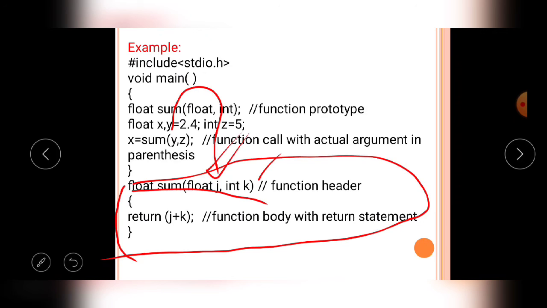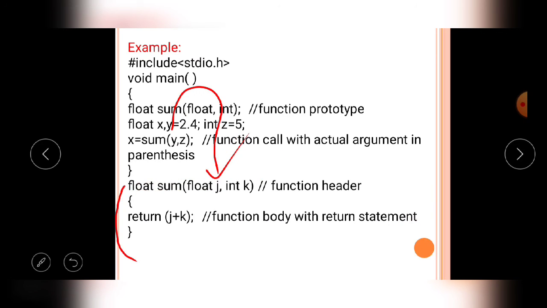The formal arguments belong to the calling function. Now observe carefully what will happen. Now 2.4 is assigned to the j variable and 5 is assigned to the k variable. The j variable and k variable are both called formal arguments.